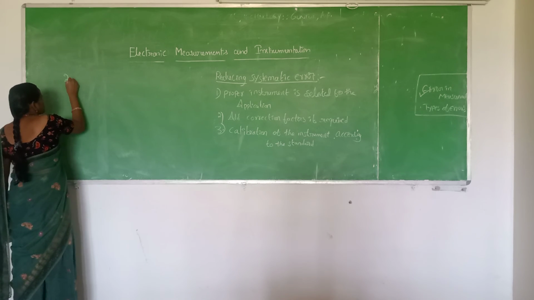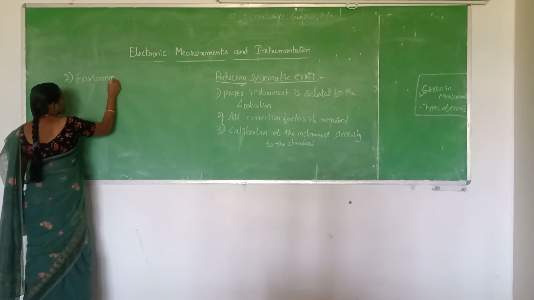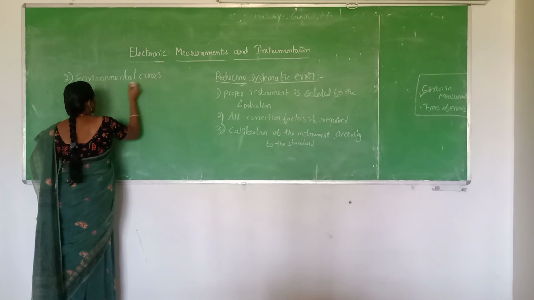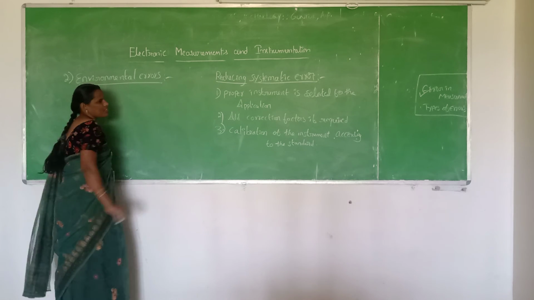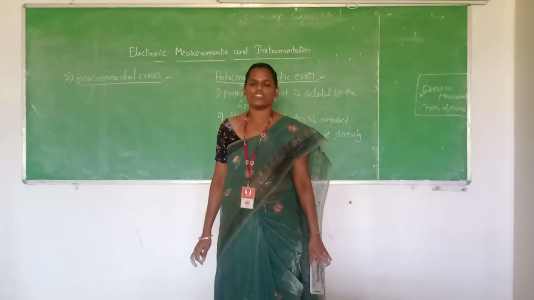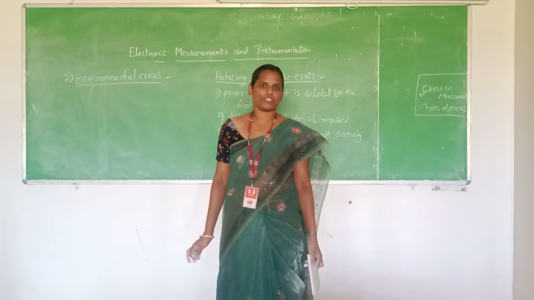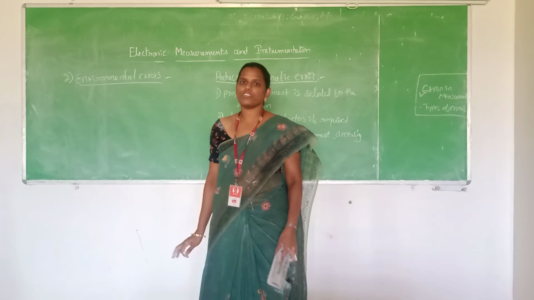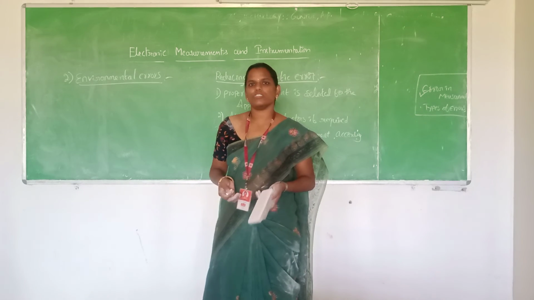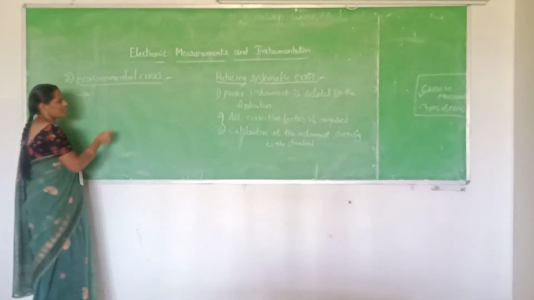The second one in the systematic errors is environmental errors. These environmental errors are caused due to changes in the environment. The changes may be in the temperature, pressure, humidity, magnetic field or electrostatic field. According to the changes in the temperature, the values which we get from the instrument may change. So the reasons for the environmental errors are changes in the